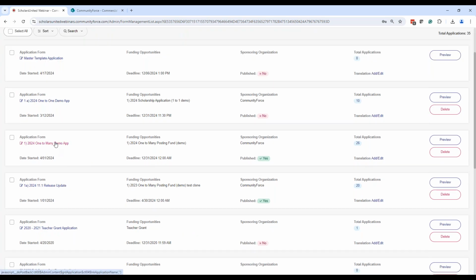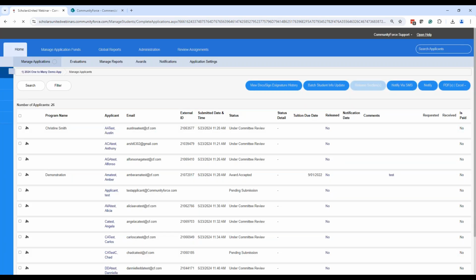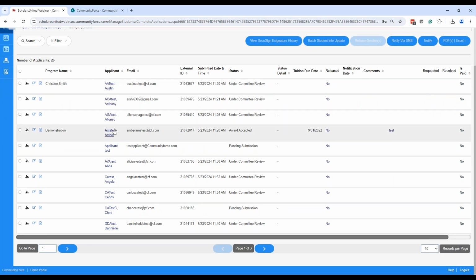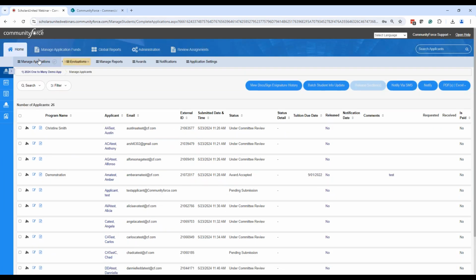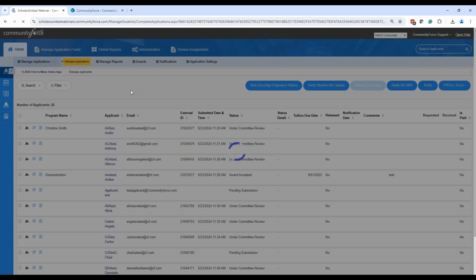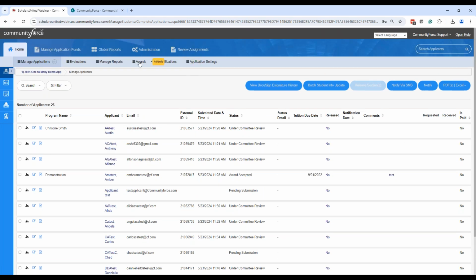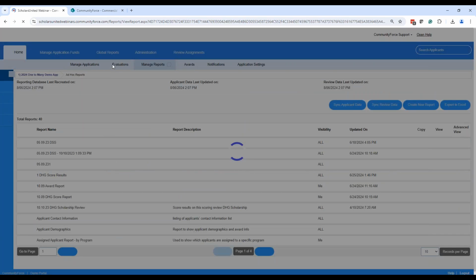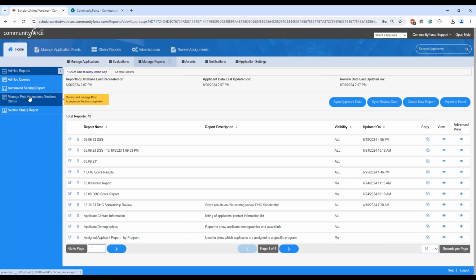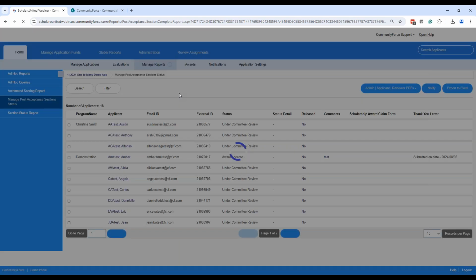Now, if I go back into that application, you're going to see from the administrative side, if I go to manage applicants, she is at award accepted, so I know she's accepted the award, but from here you can't tell, has she done those other sections? So if I go to the manage reports, in the manage reports, if I go to manage post accepted sections,